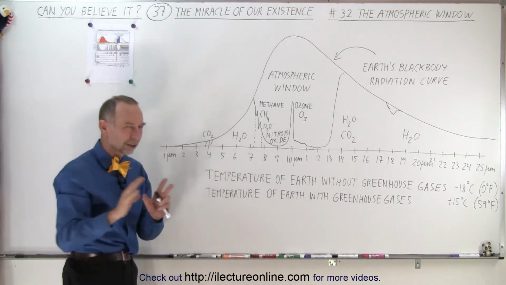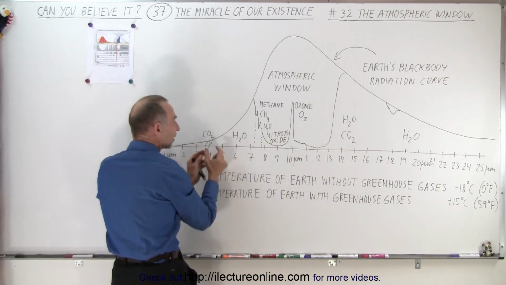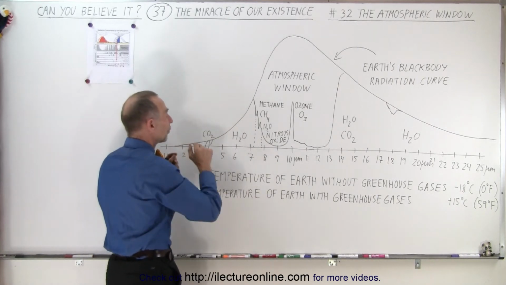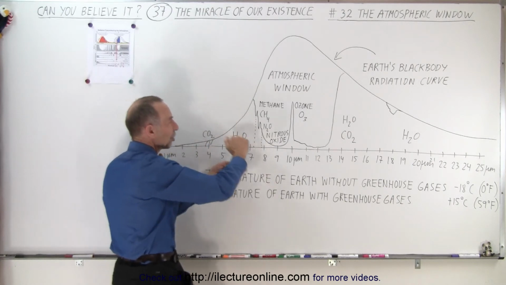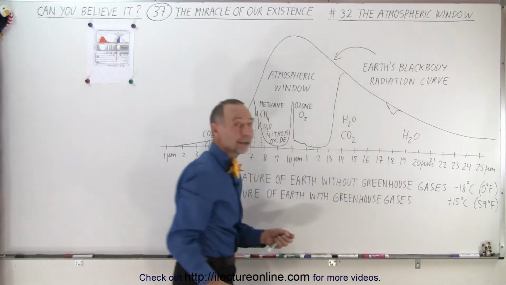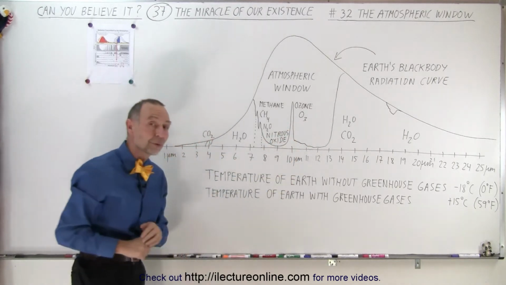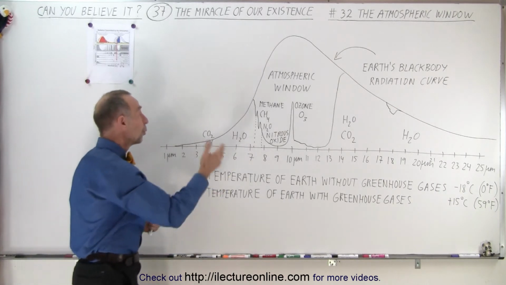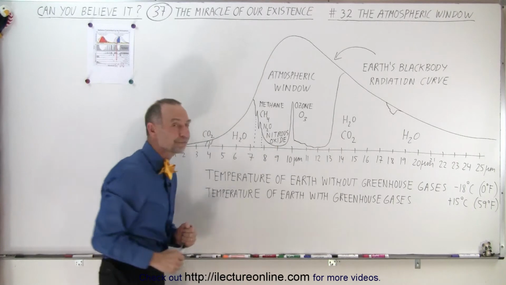Now the chart here is a little bit misleading because to the left we have shorter wavelengths, therefore the energy is greater per photon that leaves the Earth's surface. So this energy being held back is more important because it's more energetic than this energy right here. But again, you can see that by and large, water vapor is the most important greenhouse gas, and that is what keeps the Earth at a very comfortable temperature with the help of carbon dioxide, methane, and nitrous oxide.